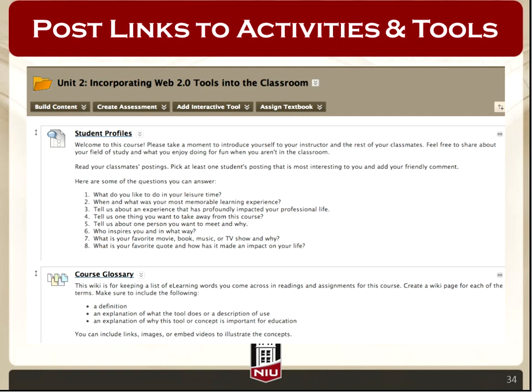Maybe you organize your course by units. Within that unit folder, if it's for week 2, go ahead and create a link for the students to this blog activity that I showed you that I had set up as a sample. The next one is that sample wiki activity. If you're going to have the students complete those activities, put the links in the particular content folder wherever that